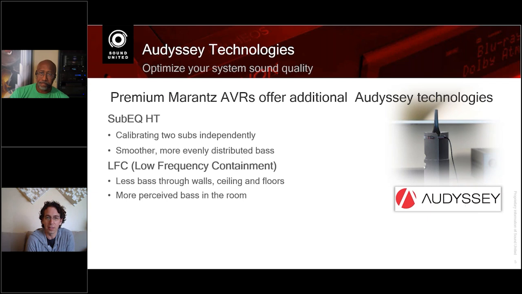So that is a technology that allows you to enjoy your movie. It's not reference at that point, but it's keeping you as close to the experience of reference without being unable to listen to it because your neighbors are going to complain. Exactly. It's not perfect bass, but it's better than no bass, which is important.